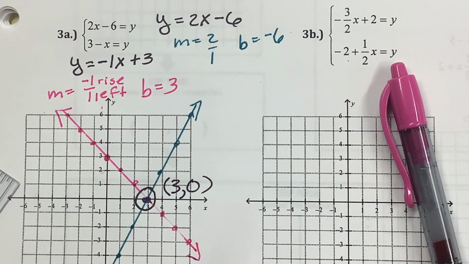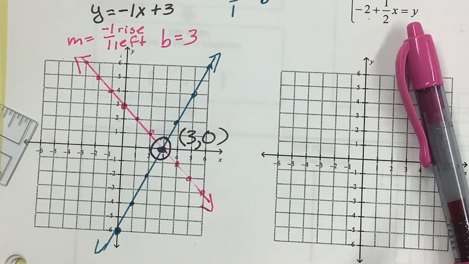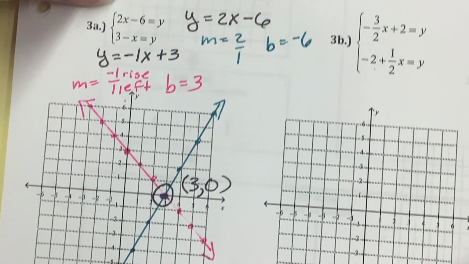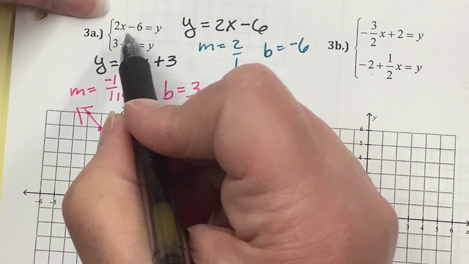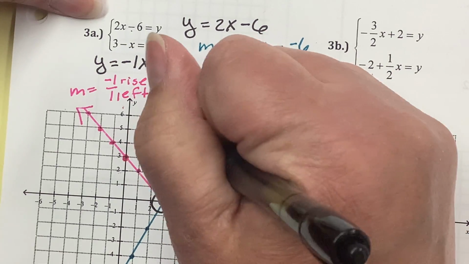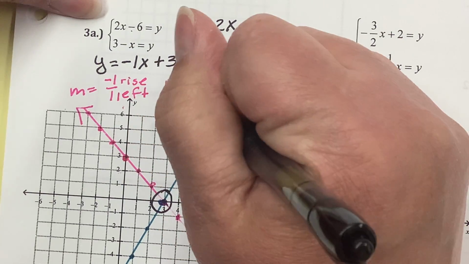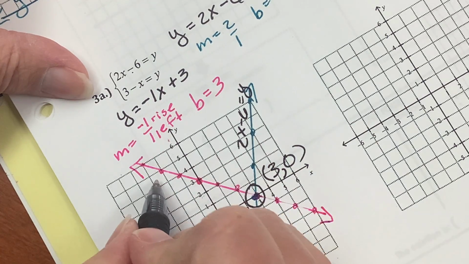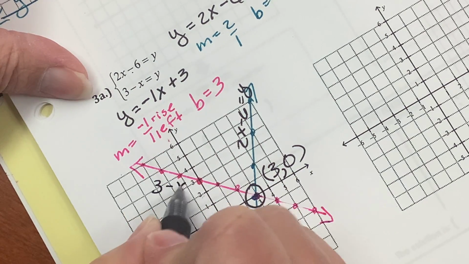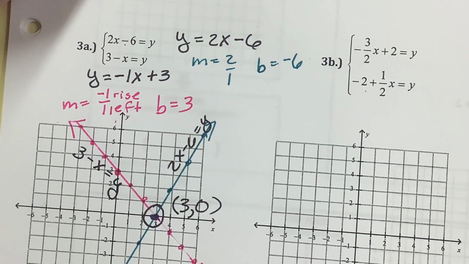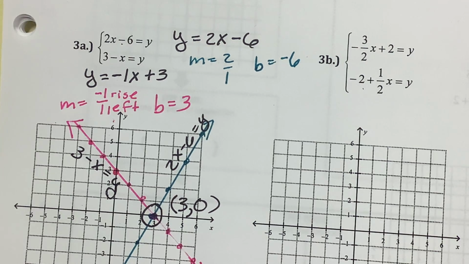Now, how to label these two lines. You always label them with the original line. So the original equation here, 2x minus 6 equals y. And then this, the pink one, I had to write it sideways, here we go. 3 minus x equals y. You always have to go back to whatever the original equation was. And the last one,